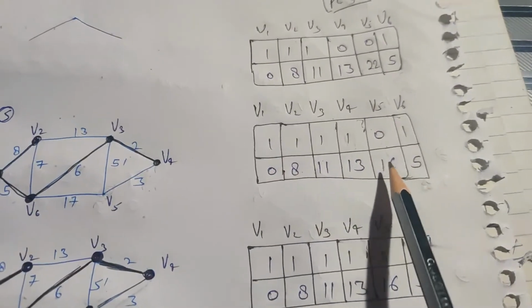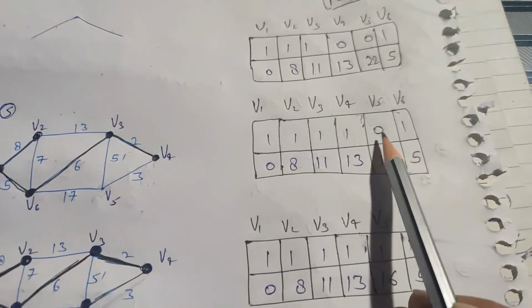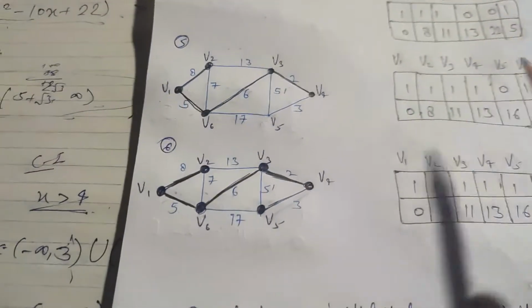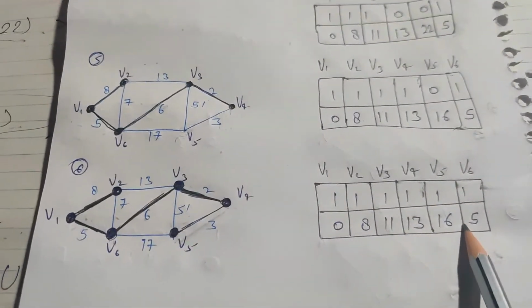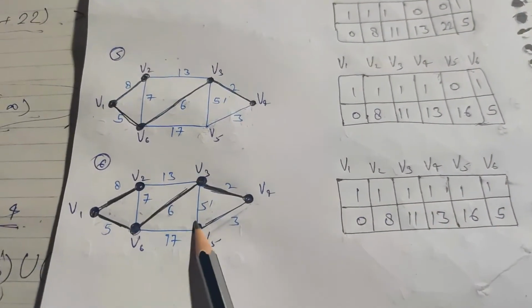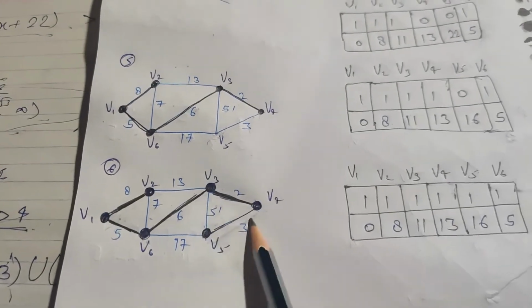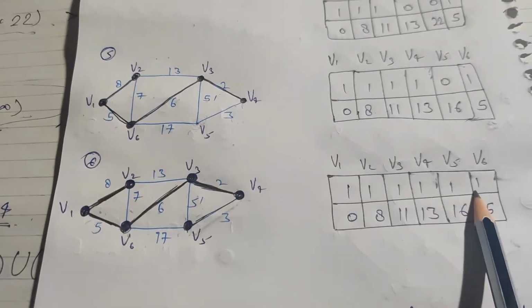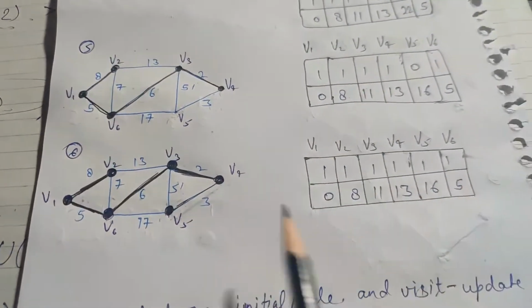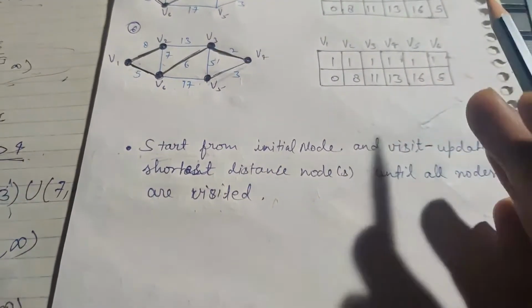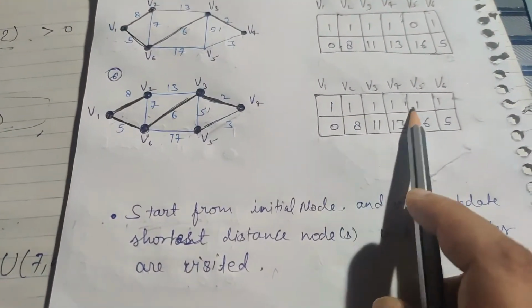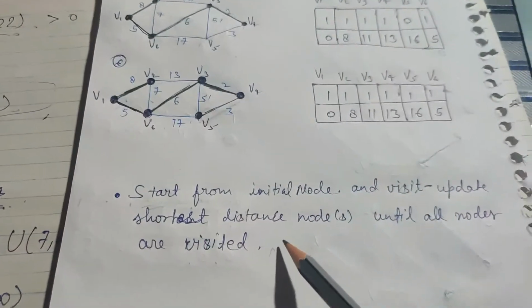Now for the next step, I don't have any choice. I am going to visit v5. So I visit v5, mark the status as 1, and after I stand there, there is nothing unvisited. Each and every single node has been visited. I just come out of the loop, and the Dijkstra algorithm has done what it wanted to do.